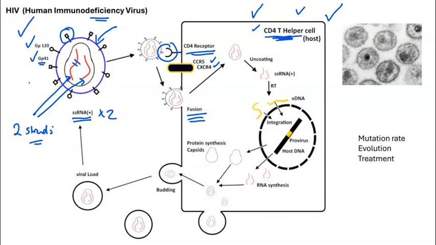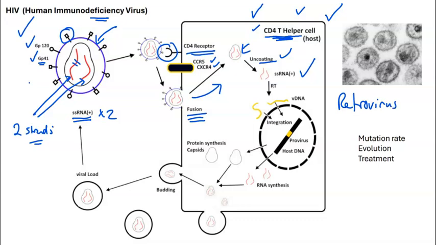Now, this is not endocytosis, this is fusion. And so we have the incorporation into the cytoplasm of the CD4 T helper cell of the capsid structure of the HIV virus. And then the protein capsid is uncoated to release the single-stranded RNA. Now, as a retrovirus,